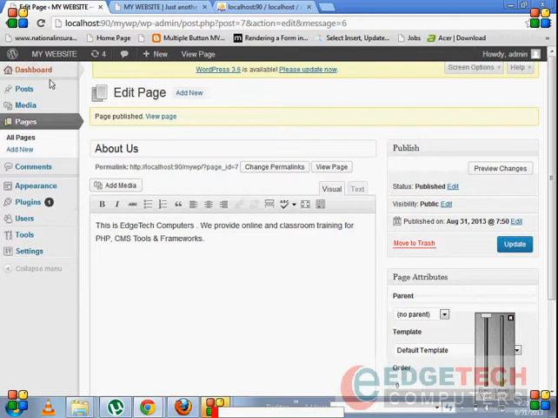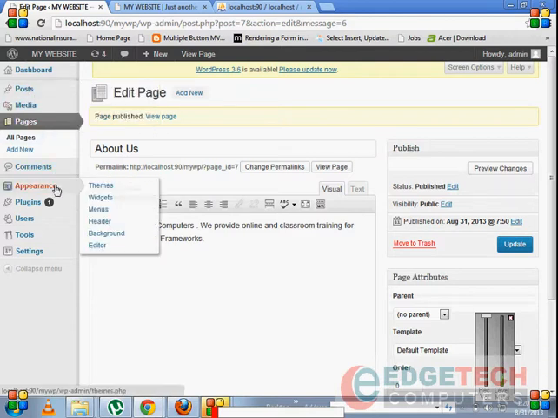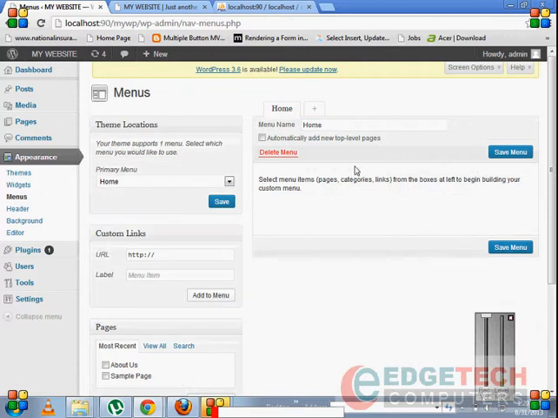Understand? Now we have a page, we have certain categories, and to create a menu, go to the Appearance tab and go to Menus. See, in order to set a menu, there should be at least a root item, I mean a root menu name. If there is no root menu name, you cannot create a menu.